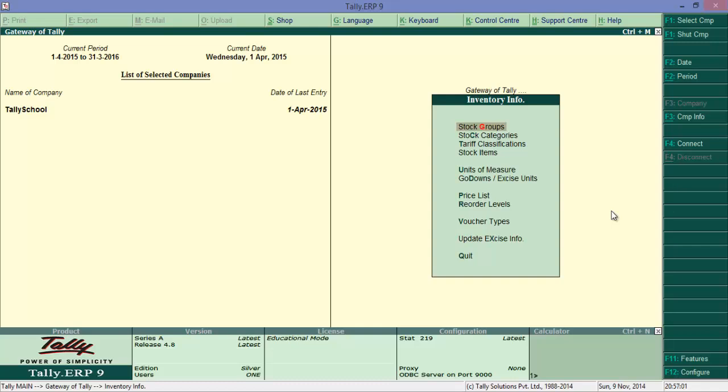Units of measure, different types of units of measure. Some goods are in kilograms, some goods are in liters, some goods are in meters. Godowns or excise units: if you have different godowns and you are manufacturing goods, you have to pay excise when you clear them from your manufacturing place. So if you have 1, 2, 3, 4 godowns, you can create them and store